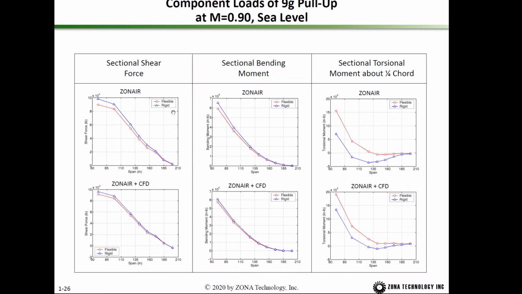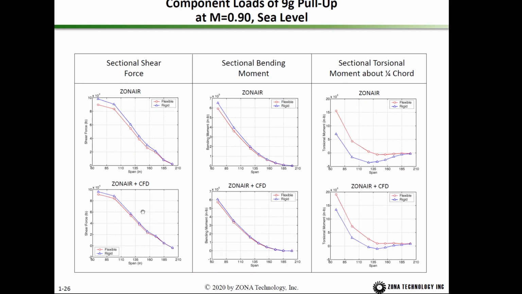And this one is ZONAIR computed rigid shear force by the blue triangle, and then if we use ZONAIR to calculate the flexible one, it's shown by the red. Now the bottom one is the ZONAIR computed rigid CP is replaced by the CFD computed one,